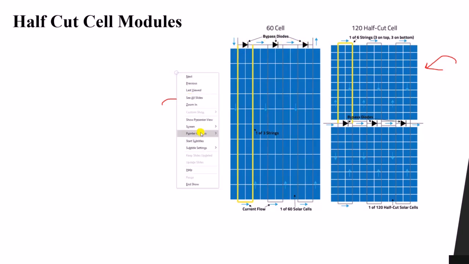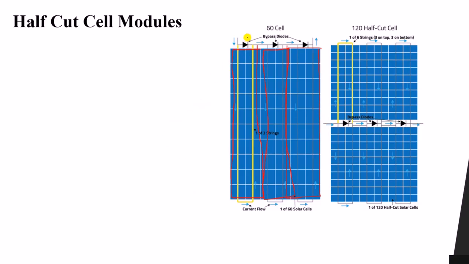Each bypass diode will take a string of cells. This bypass diode is used to bypass this string of cells, and this bypass diode takes the second 2 rows or 2 columns, and this one will take the third columns.